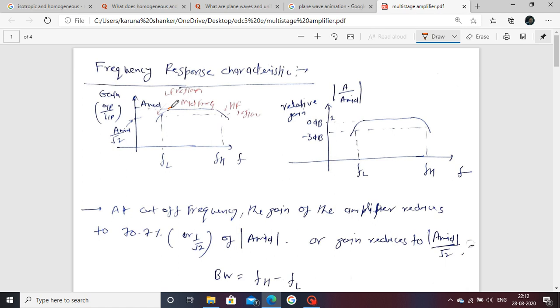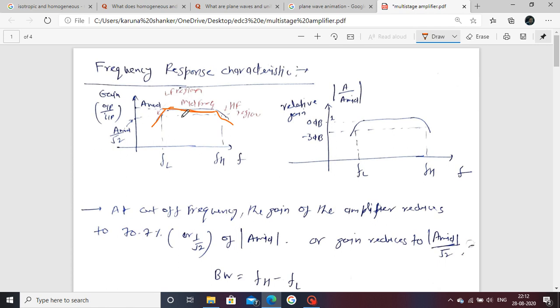In the mid frequency range, the gain is constant. In the lower frequency region the gain decreases, and in the higher frequency region above cutoff the gain also decreases. The reason behind this was already explained in the previous lectures. Here you only see that